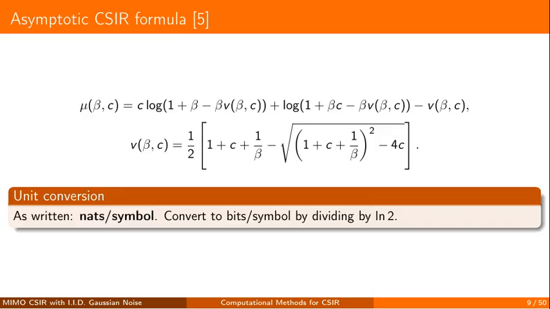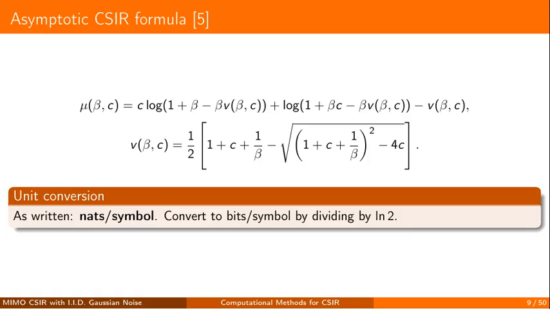It's a smooth, closed-form expression built from two logarithms and one square root term that depends only on the SNR and on the antenna aspect ratio. There are no integrals and no matrices anywhere, just arithmetic on two scalar inputs. That is what makes it so fast.